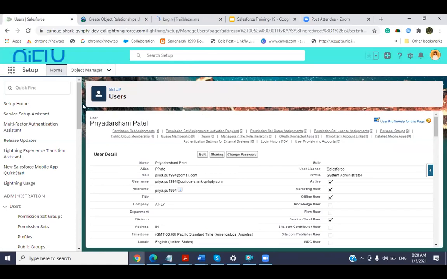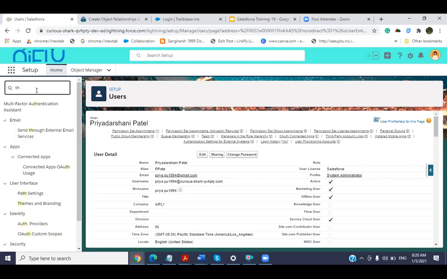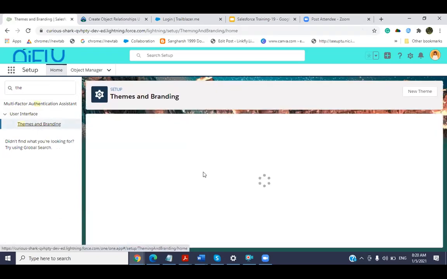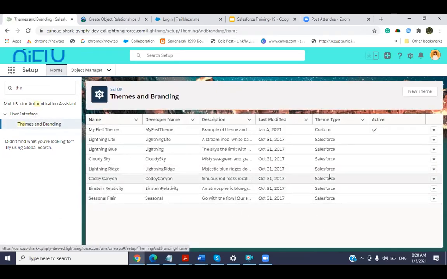you will understand how we can customize the things. So this is the way whenever we want to customize the things, we apply our own changes. What we have to do is just go to the theme and branding, and if you want to apply any standard theme, then you can choose, and if you want to customize, then you just go to the new theme and customize your thing. And remember, we can create 300 custom themes, and at a single time we can apply only one. Okay.